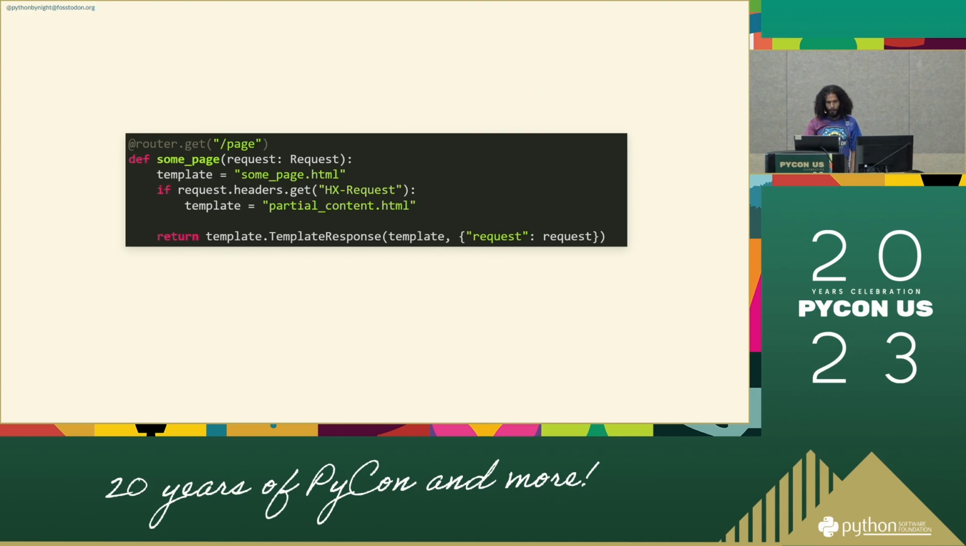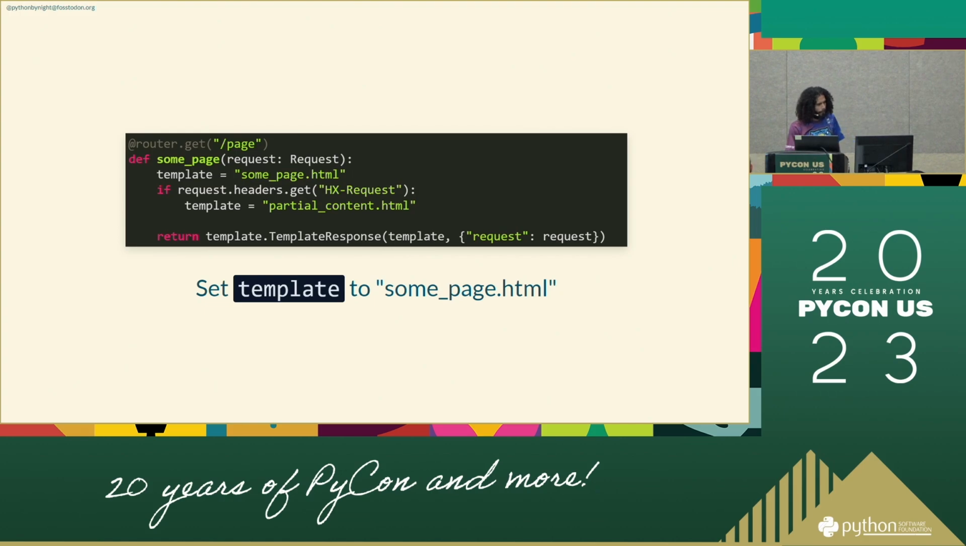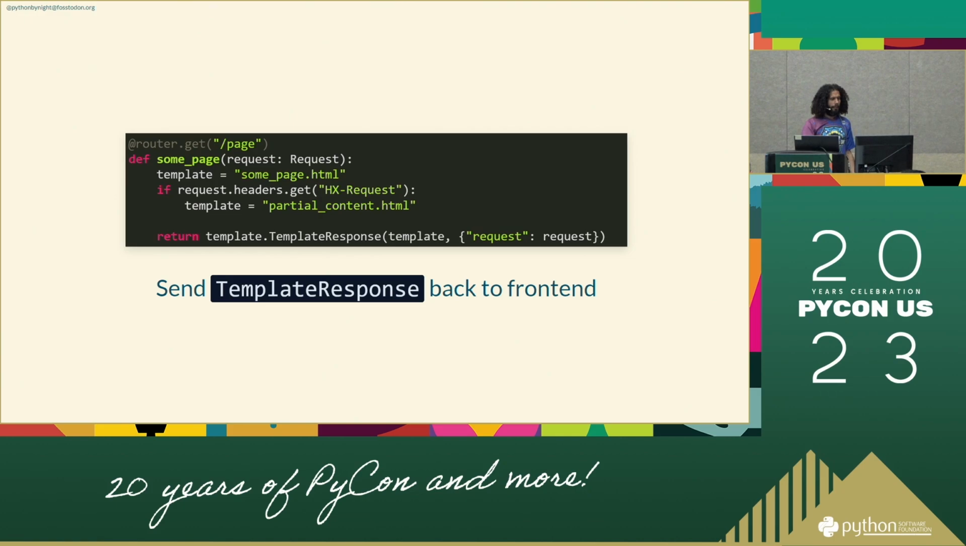And again, if you were to go through this again, we're setting the template to some page.html. We're checking if that request was triggered by HTMX. If it was, then we're changing that template object to the partial content.html. So then when we send that template response back to the user, either way it's going to be the correct one based on the way it was requested. And of course, the context might vary based on how it's requested, but this is just a more simplified version